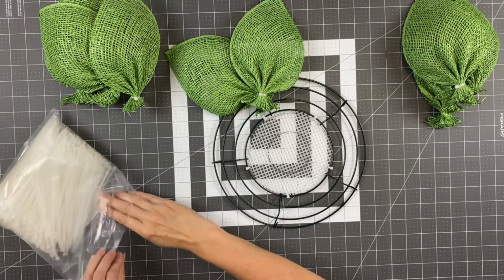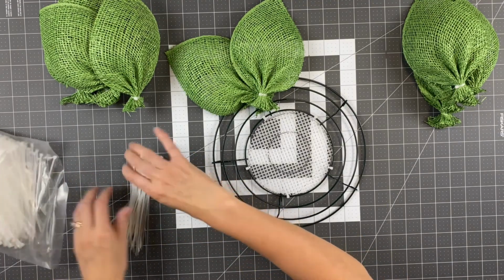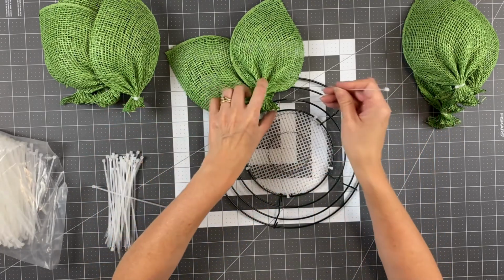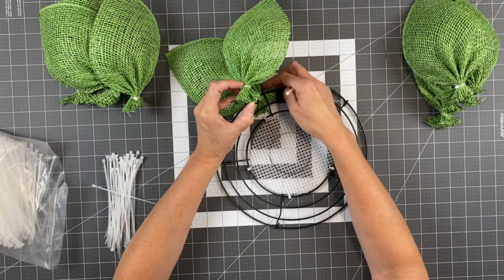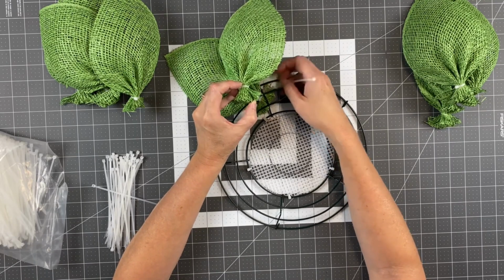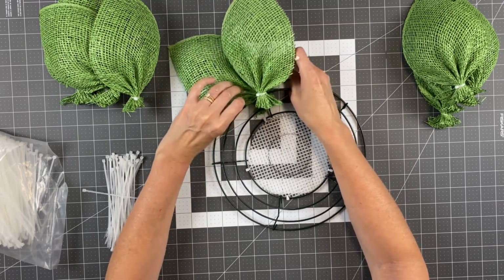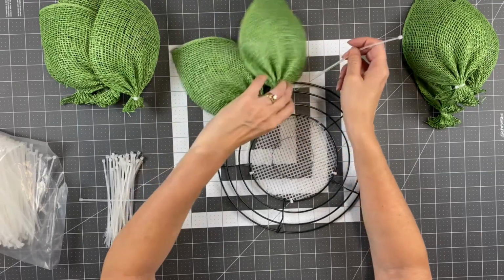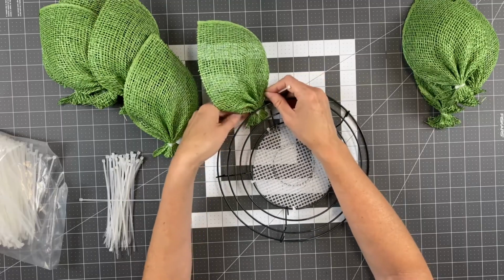Then I'm going to take, let me pull out my zip ties here. Okay, I'm going to take a 6-inch zip tie. You can use an 8, whatever you want. And what I'm going to do, actually, I'm not going to use this ring. I'm going to use the crossbar between the 3rd ring and that outside ring. Okay, let's pull that away. So you can see I'm going to just use that